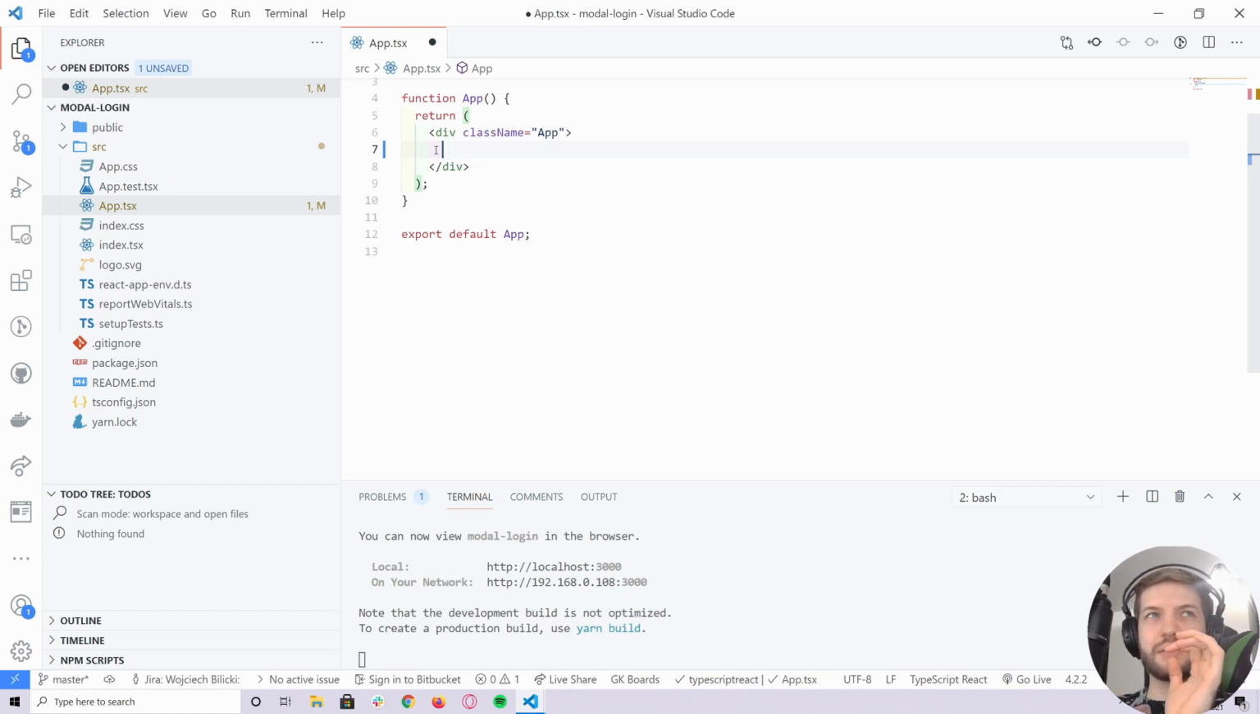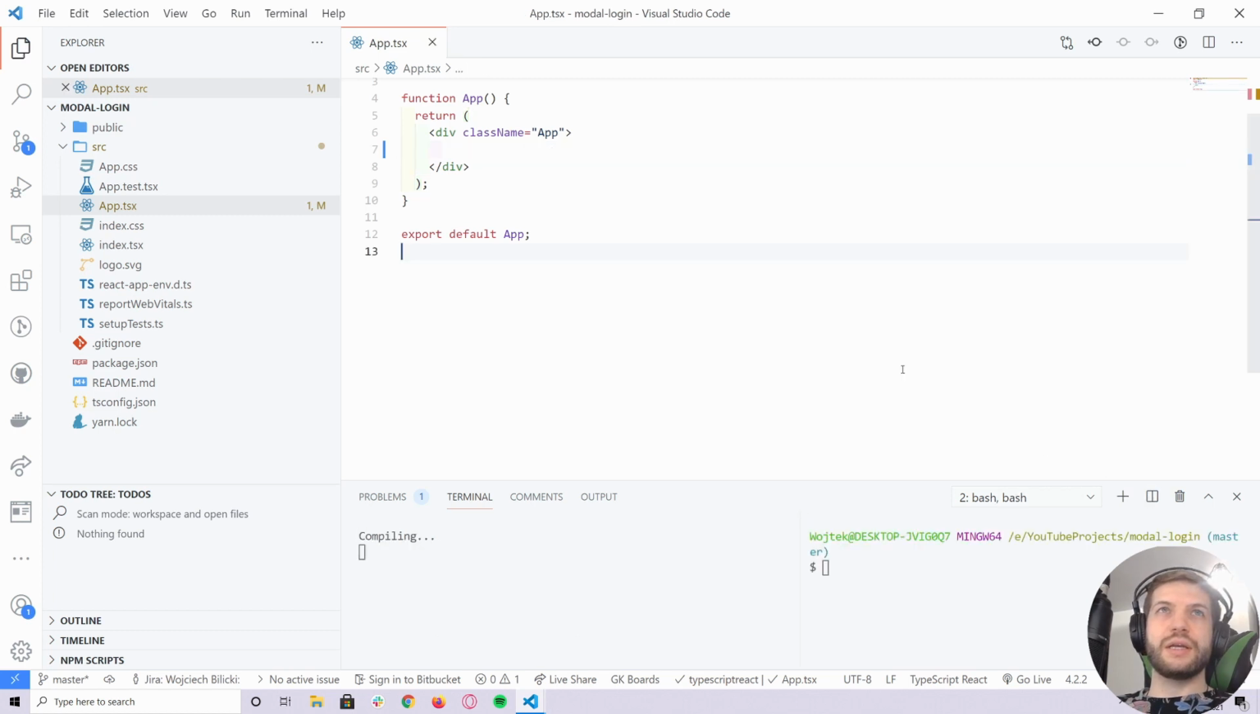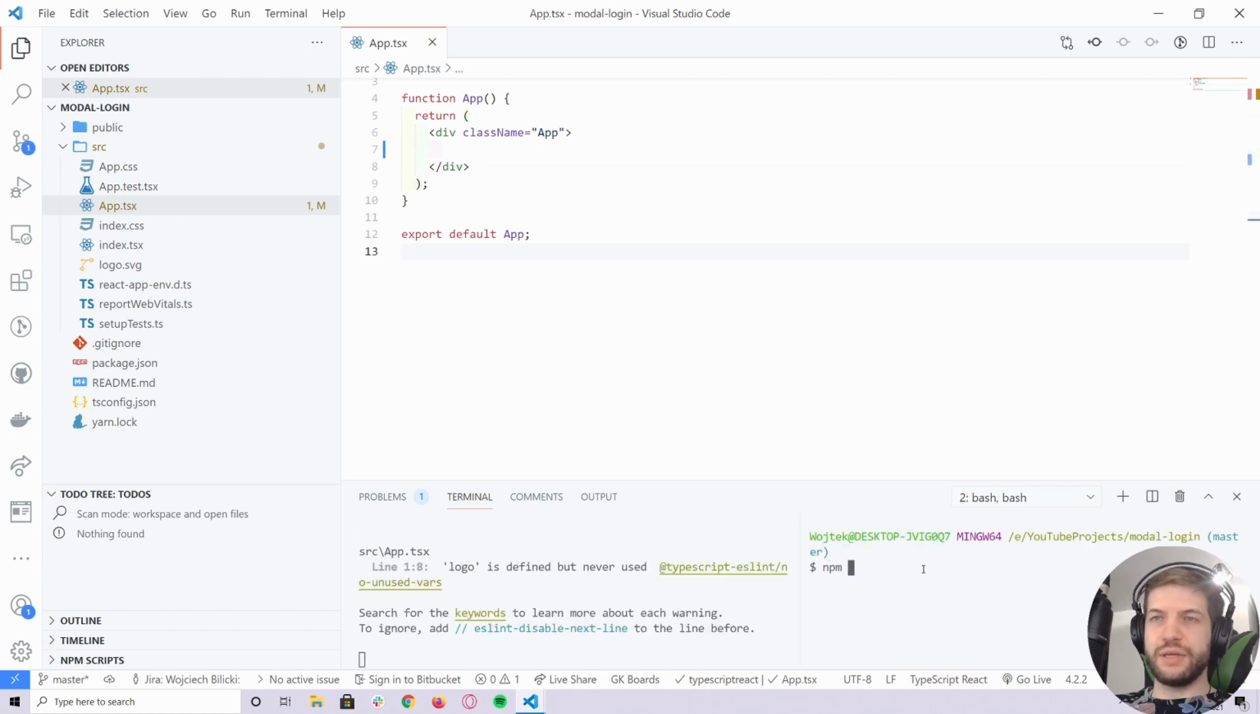Okay, and let's start by adding stuff that we will need. And that actually is going to be styled-components, my default go-to when it comes to styling. So let's install that, and let's add types for it, since we're using TypeScript. Styled-components, that looks good. Okay, so first things first,